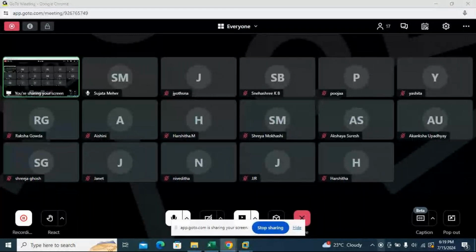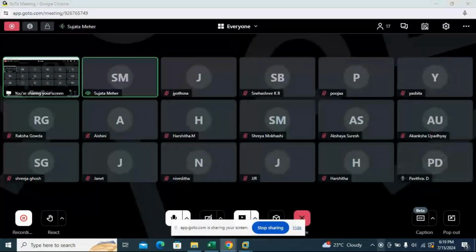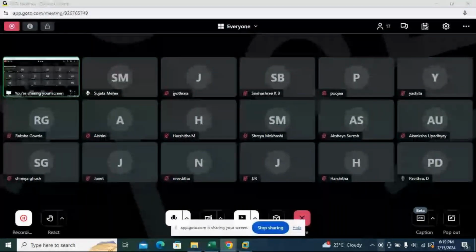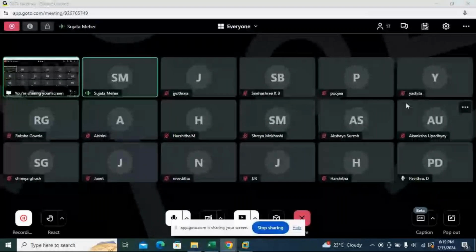It will open. Just wait a few minutes. It will take time, it is not fast. Username is your SAP user and password is India123.